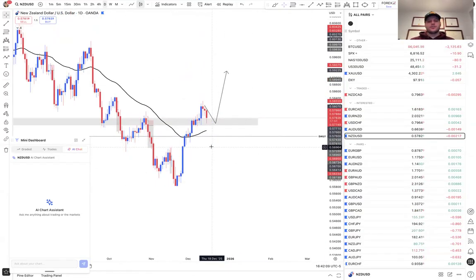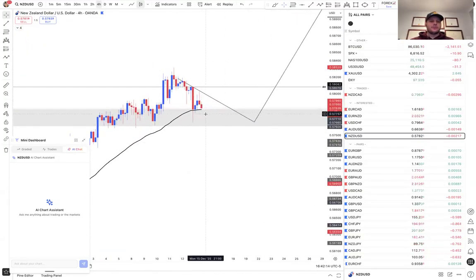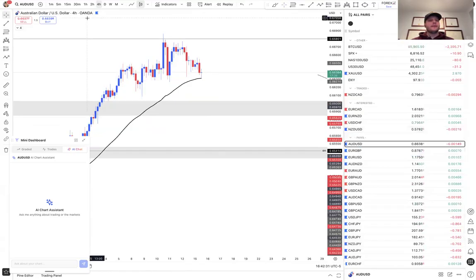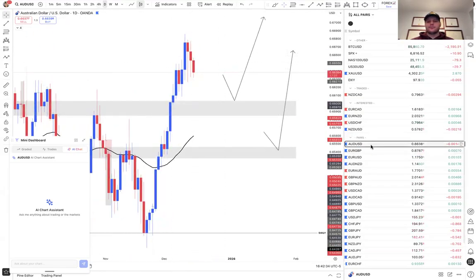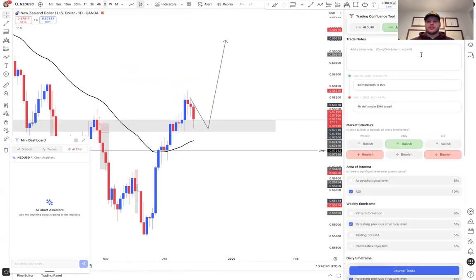But then once again, if you are trying to trade with the trend, then all you need to do is wait for potentially a double bottom on the 4-hour time frame on NZD USD, kind of like a break, retest above to buy, and then that would be your trade right there. As of right now, I'm going to remove AUD USD. I think that it could take a few more days to pull back. NZD USD, I'm going to change to sells, but I'm going to have to write in and say counter trend trade sells